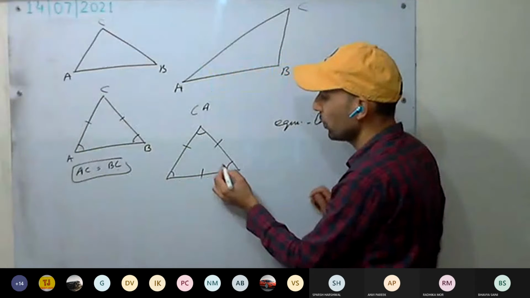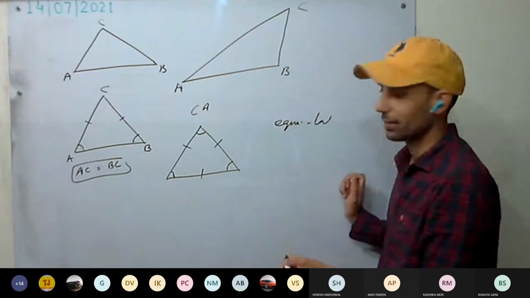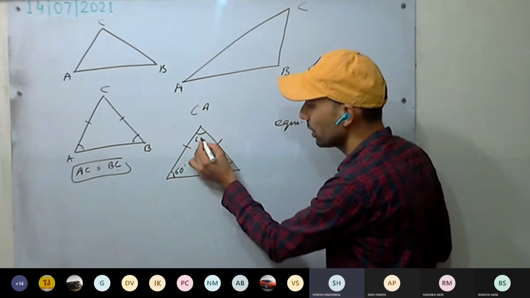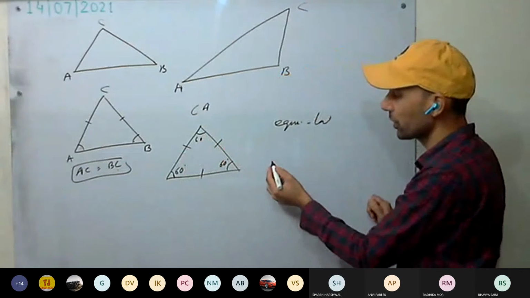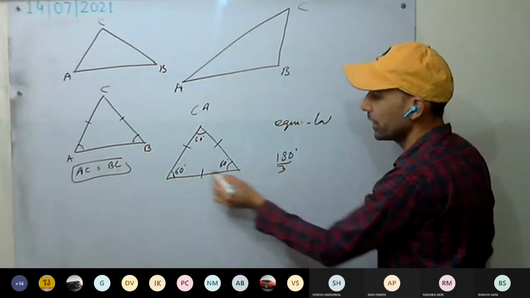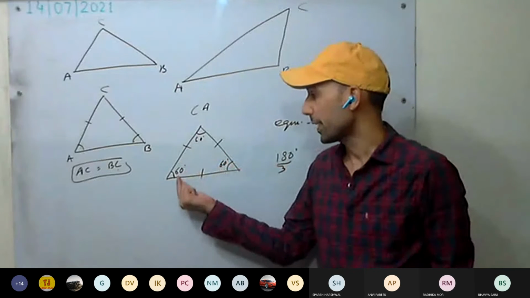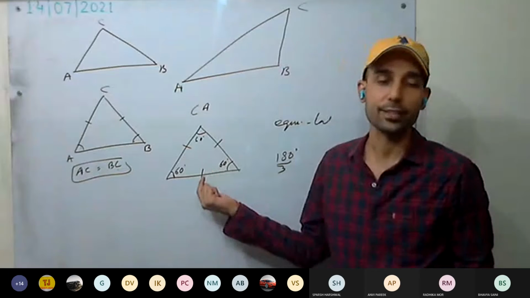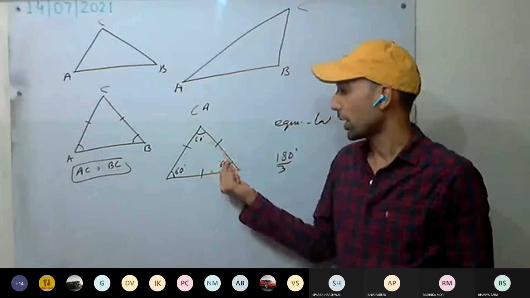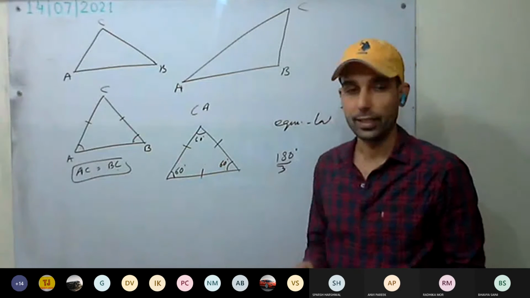Now, in an equilateral triangle, each angle will be of how much? 60 degrees. All the angles are equal. Yes, sir. The sum of the angles, a property of the triangle, is 180 degrees. Since three angles are there, divided by 3, each angle will be 60 degrees. Whether it is given or not, we can take it as 60 degrees because it is 60 degrees. So all the three sides are equal, and all the angles opposite to them will be equal. This is an equilateral triangle.